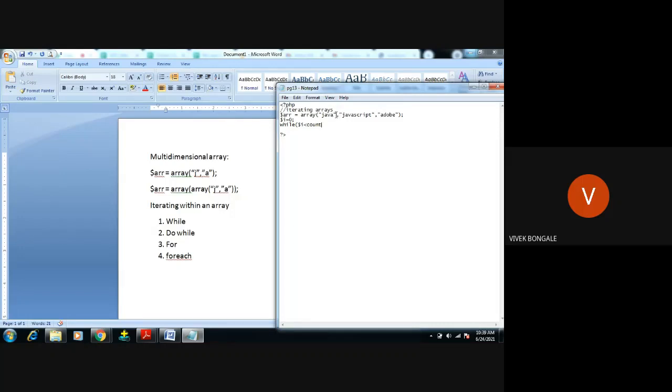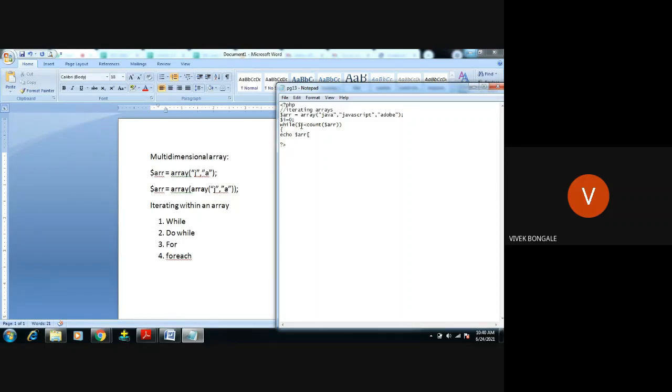It will count 1, 2, 3. It will count the values here, right? Count of what values we have given under this variable. So while $I, this is the value 0, is less than count. How many times it should do the iteration? 1, 2, 3. Okay, it should do 3 iterations here. That count it's going to take from this variable $ARR. Okay, open this. If the condition is satisfied, it is true, then one statement should be executed, right? One statement should be displayed there. That is echo $ARR, right? We have to use the index value here.